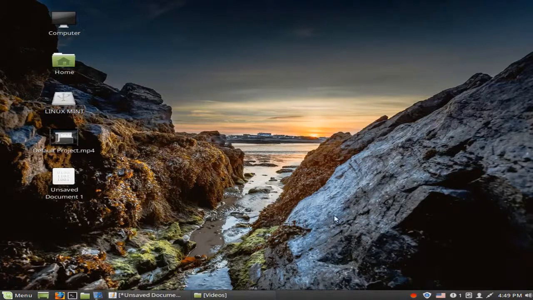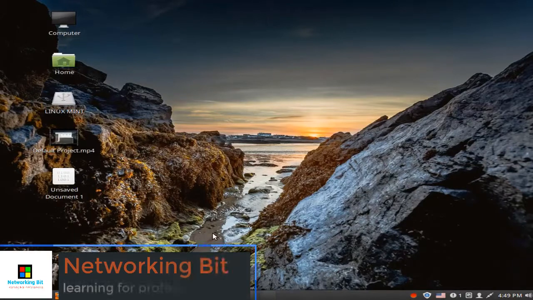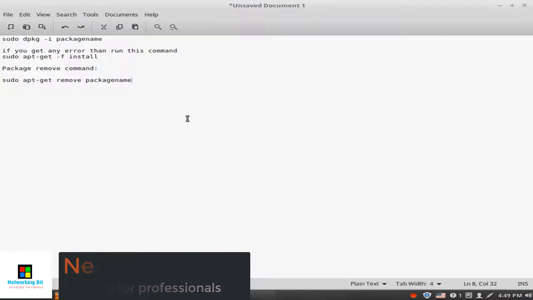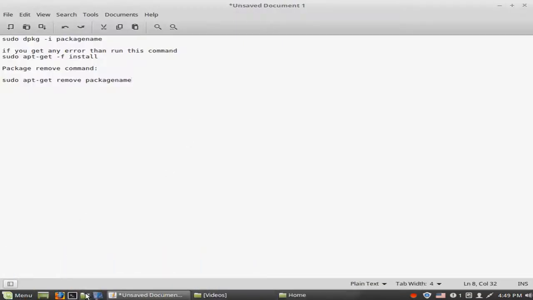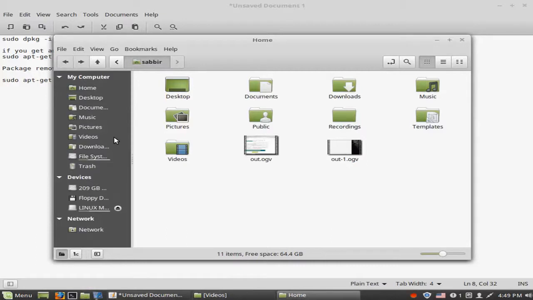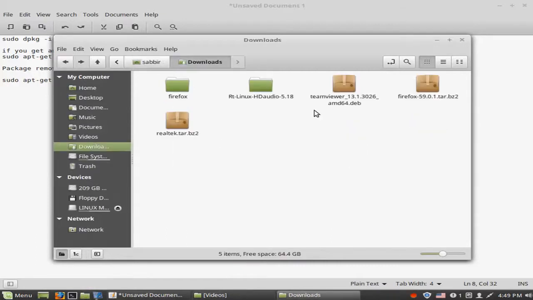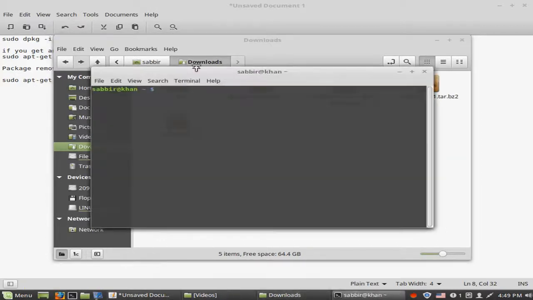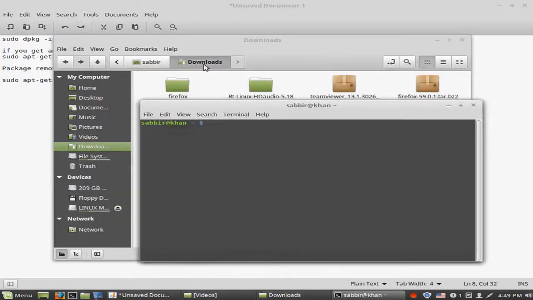I am Sabir. Today I will show how to install and remove a deb package in Linux. First, download one deb file package. I already downloaded the TeamViewer deb file. Now open terminal and go to the download folder,